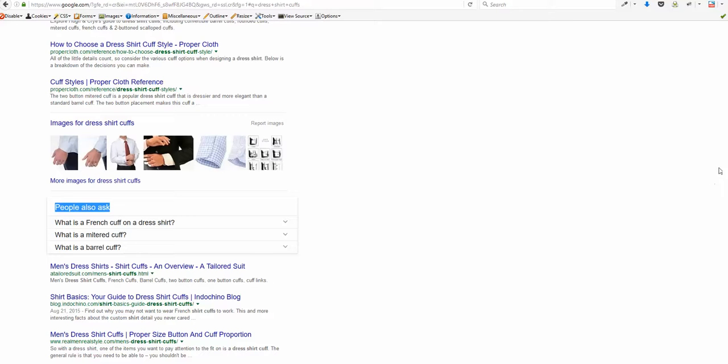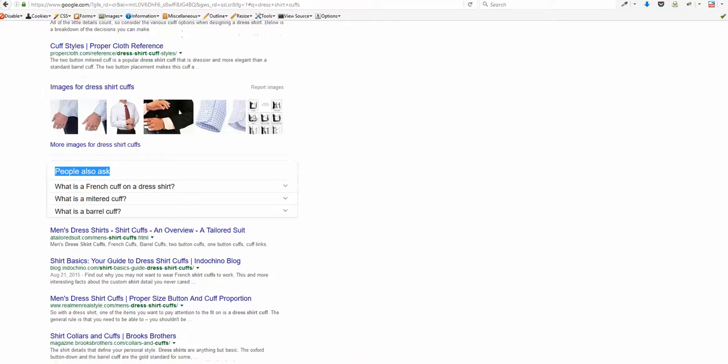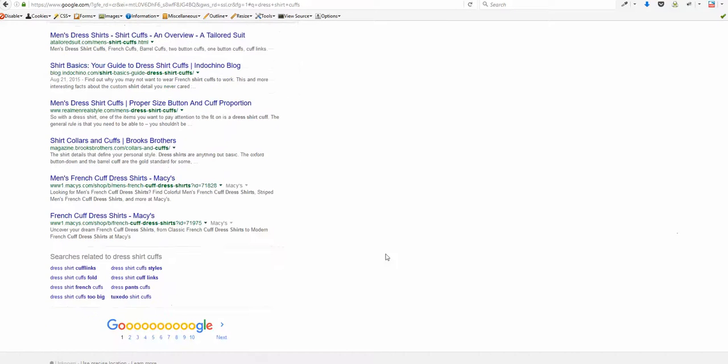Okay, and the third thing to look for keyword ideas is to scroll down to the very bottom and look at this snippet. So these are also very good ideas on what to use in your content. As you can see, dress shirt cufflinks, dress shirt cufflinks styles. Okay, for further keyword research, you may use any of those phrases,